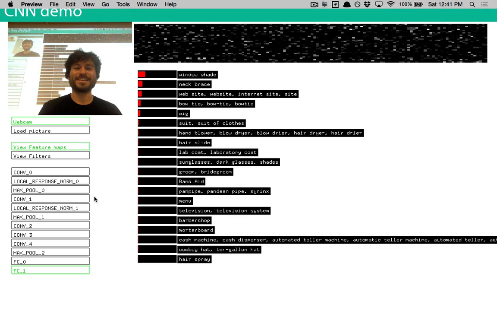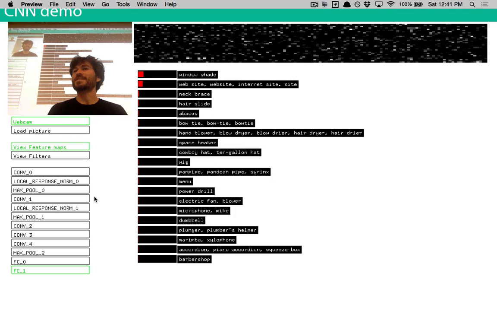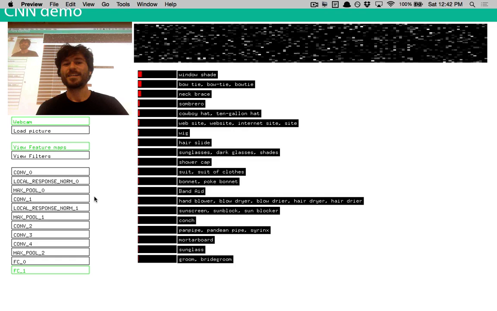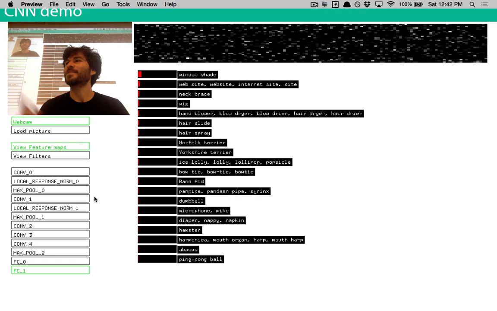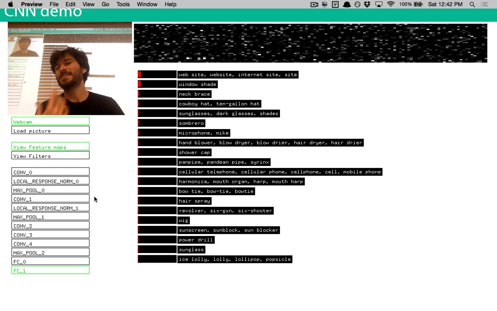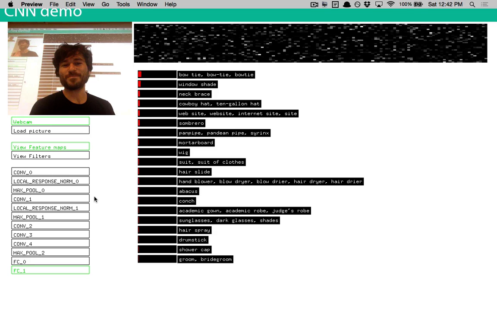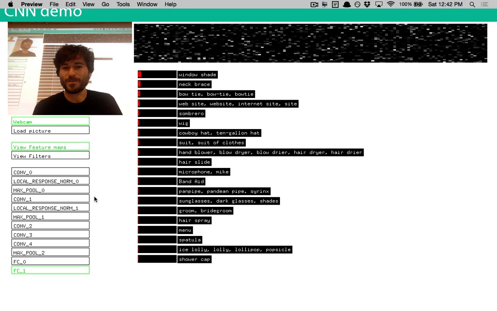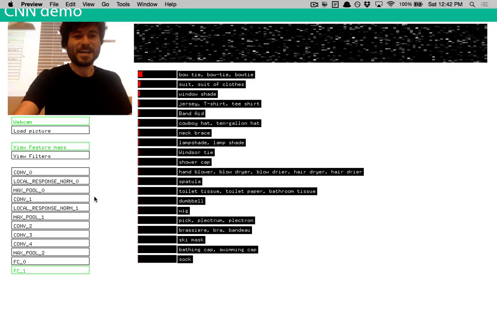So the thing is, it doesn't understand everything. It only has 1,000 classes that it's trained on. It doesn't know what your beard is. That's why it says neck brace. Oh, maybe. That's an interesting interpretation. Yeah, it comes up with neck brace a lot when you're looking at things where it doesn't have anything for person or whatever. So it kind of fails at that point.